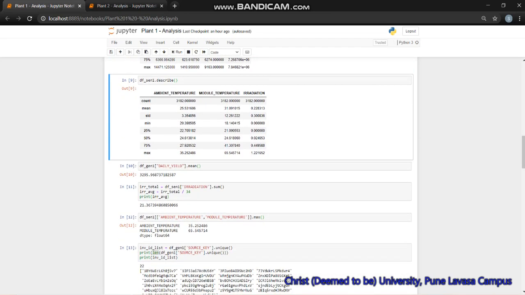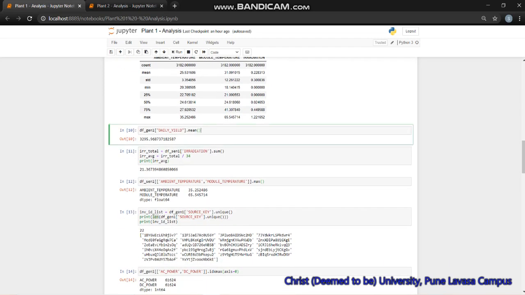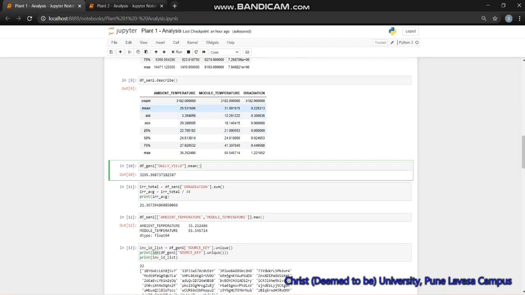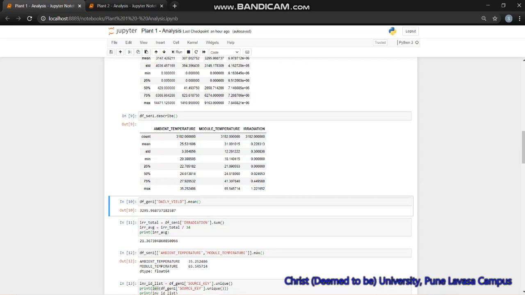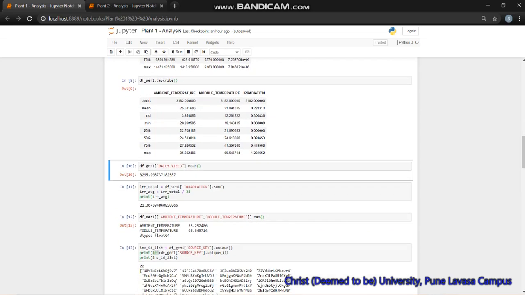Once we've done that, we'll try to figure out some information from this dataset. Firstly, we'll figure out what the mean value of the daily yield is. We can see that from the table that we got from the describe function. We can also use the mean function to find out the daily yield, which we find to be 3295.98.